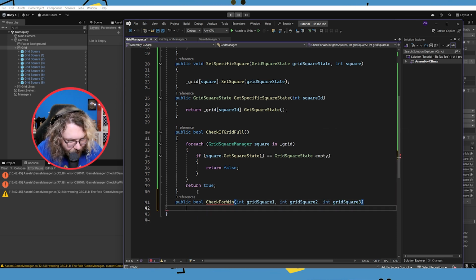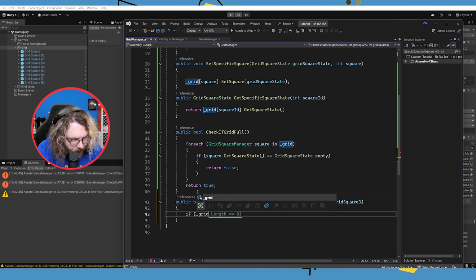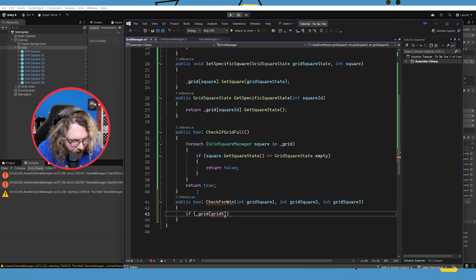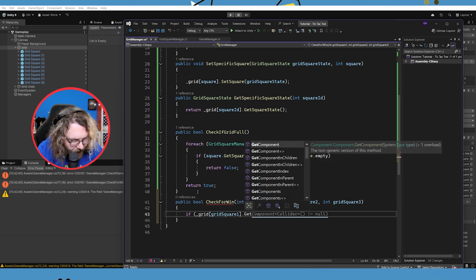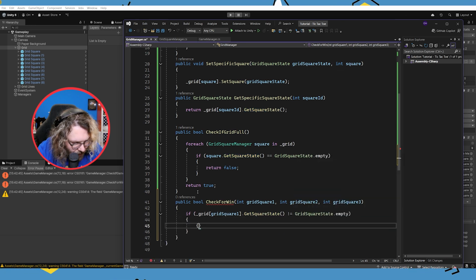So we're going to check 3 different squares to see if a win has happened. And then we're going to do if grid square 1 dot get square state